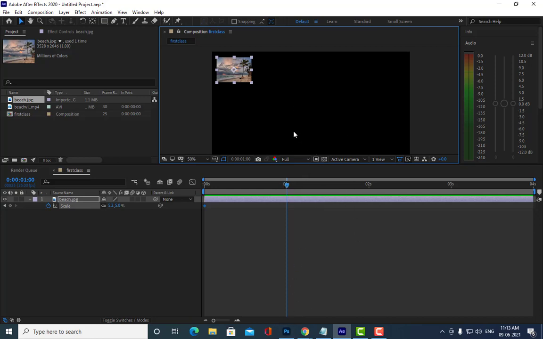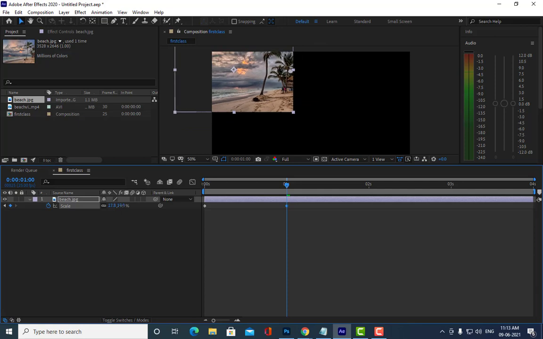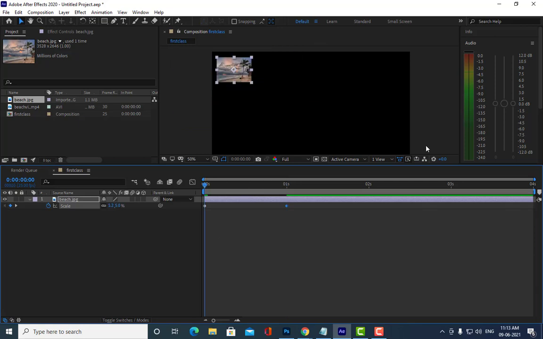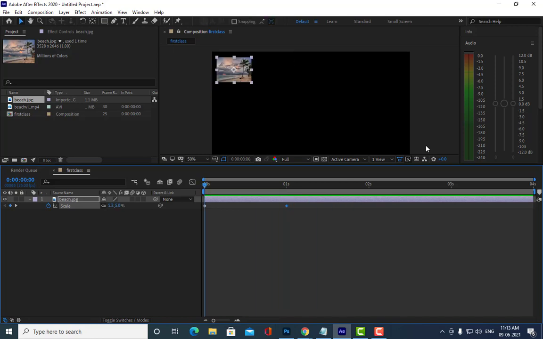Now, after reaching 1 second, you can actually scale this. And if I go to home and play, now you can see the scale animation. Is it clear? Again, if I want to remove the keyframes for this scale, I can do two things.